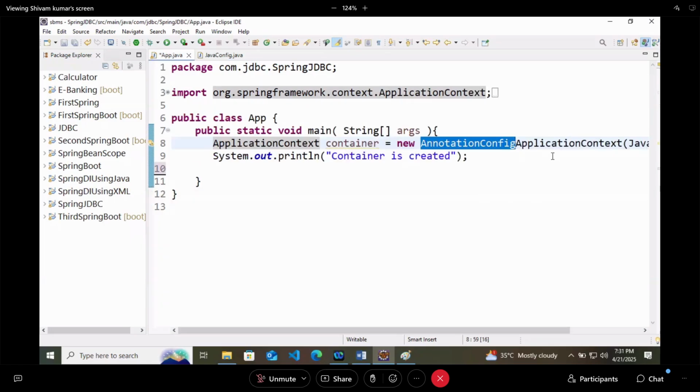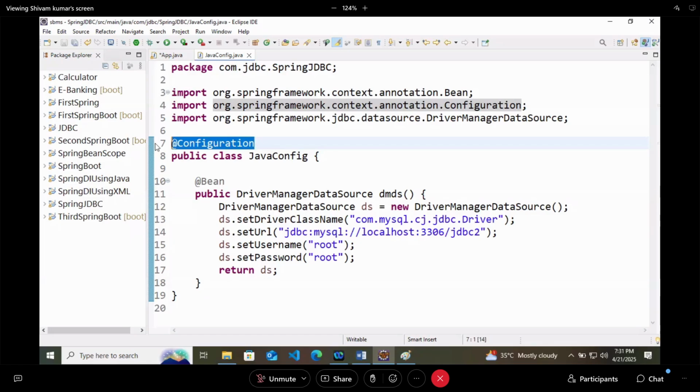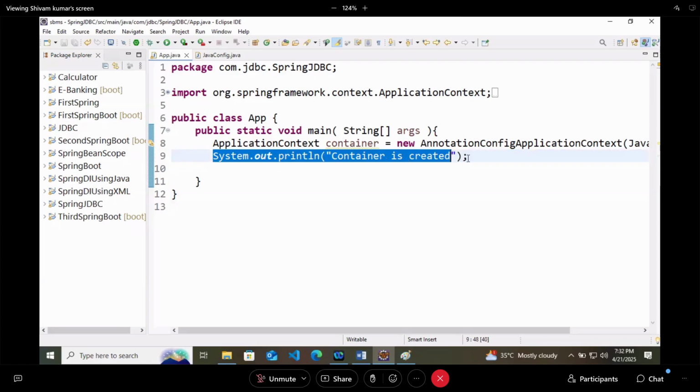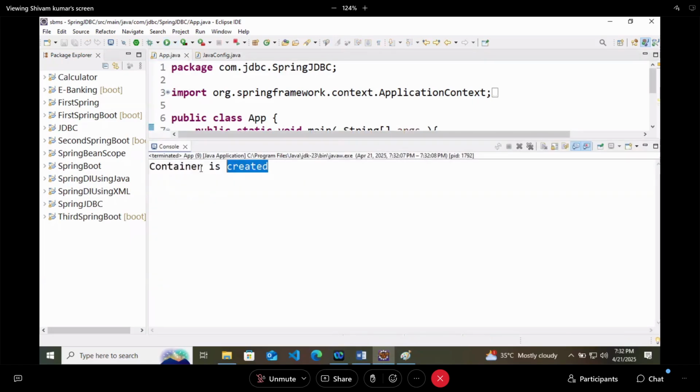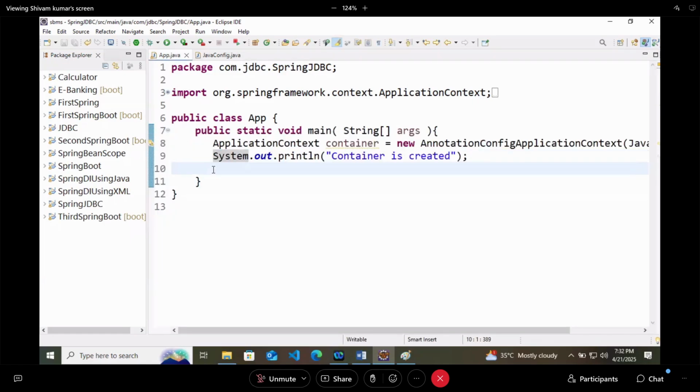Then we are feeding JavaConfig.class to our container, and then we are just printing a message that container is created. Let's try to run it, and the container is created.